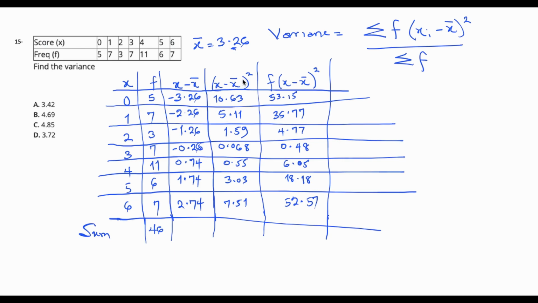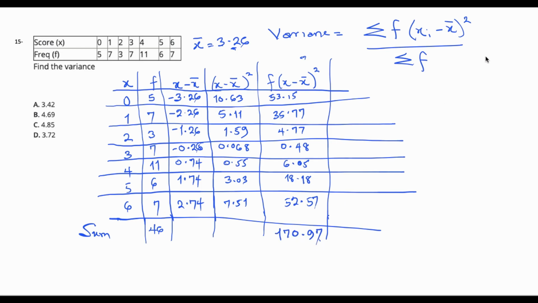Now, the next column is the square of what we have here. So minus 3.26 squared is 10.63, and minus 2.26 squared is 5.11. Now, the next column we have here is a multiplication of the frequency by the fourth column, and 5 times 10.63 is equal to 50.15. Now, this gives us the numerator here. So what is left to finalize the numerator here is the summation of all these terms. And if we add them together, we would have